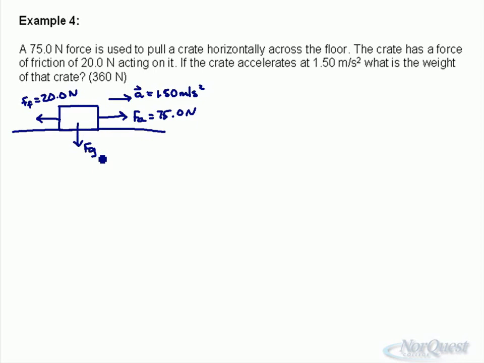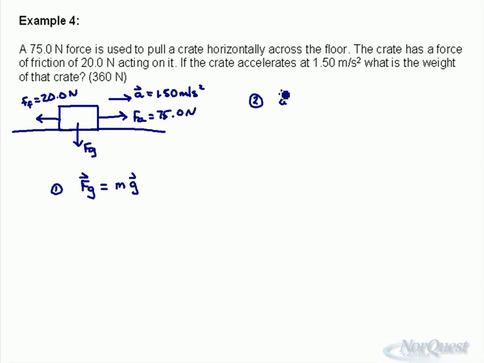So it's actually quite similar to example 2. Example 2, I think, had us find the acceleration given the mass. Well, now you're going to use the acceleration to find the mass. Then once you know the mass, you'll find Fg. So again, our goal here is to find Fg. To find the weight of an object, we need to know the mass and we need to know gravity. Well, we don't know the mass yet, but we can find the mass using the F-net formula. We know that on the second equation here,